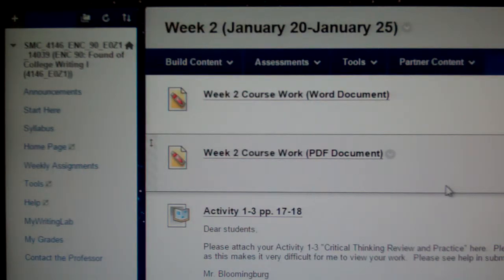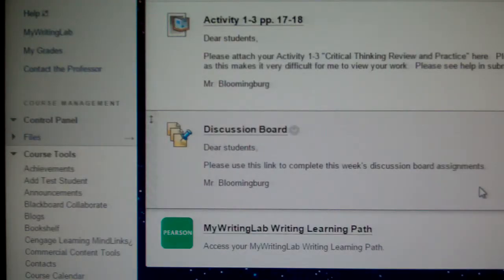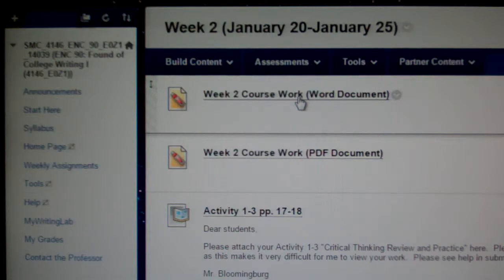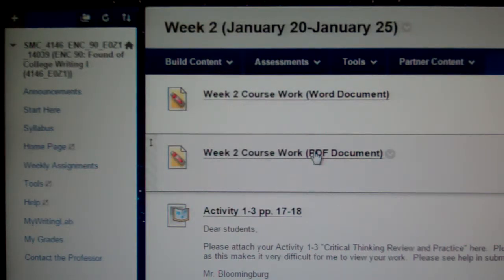And from there, it gives the full listing of assignments, starting with 2 different documents. They're the same, they're just in different formats. You've got your Week 2 coursework in 2 different formats. I do that in case you have trouble opening Microsoft Word. You should be able to open it as a PDF document. So please note that those are both the same. It's not asking you to do 2 different types of work. So if you're able to get the Word document to open, that's fine. You don't have to worry about the PDF or vice versa. So I'm just going to click on the PDF document,